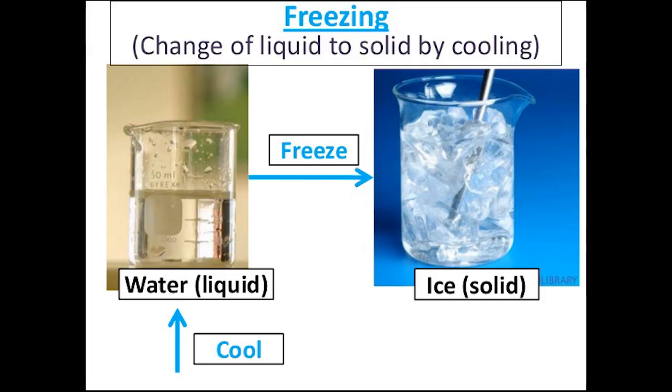Freezing and melting. As a liquid cools, its particles slow down. At some point, they stop gliding past each other and can only vibrate in place. The liquid becomes a solid. The temperature at which a liquid turns into a solid is called its freezing point. The temperature at which a solid changes to a liquid is called its melting point.